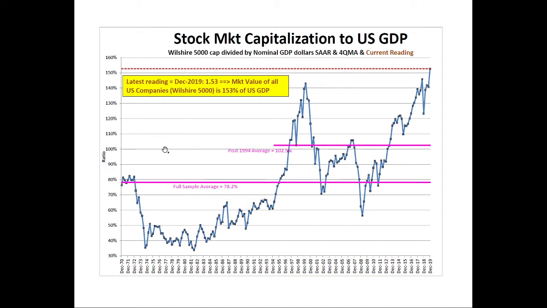So you can see from this chart, it goes all the way back to the 1970s, and it fluctuates, right? It's a measure of richness versus cheapness, right? Or again, everything's on a relative measure. We're rich. Wall Street's rich relative to Main Street. And we can see during the dot-com bubble, we got pretty expensive, all right? The number was about 1.42 or 142% at that time. Well, as of the end of the year, most recently here, December 19, we were at 153%.